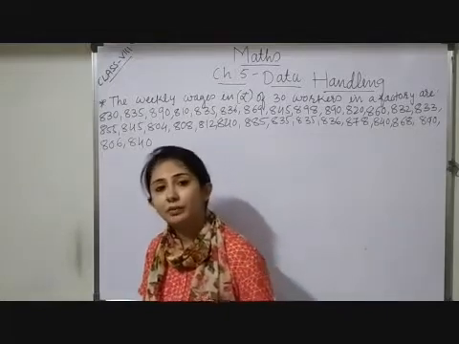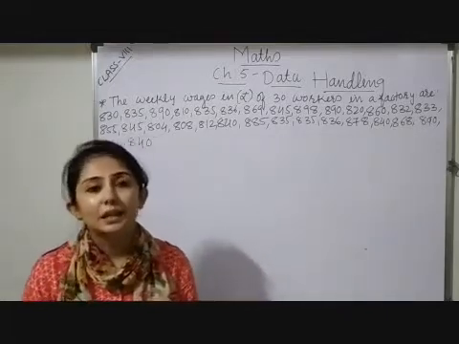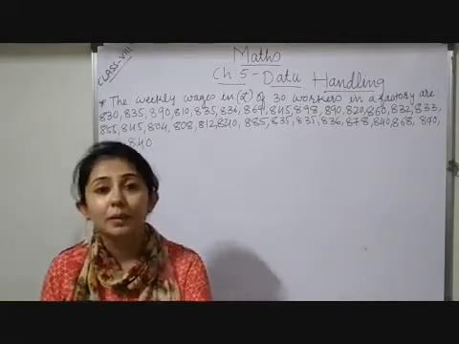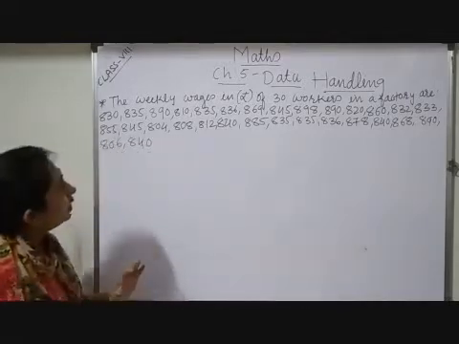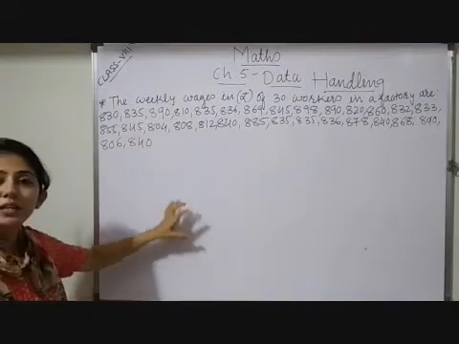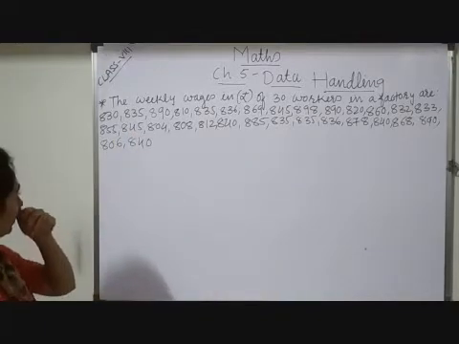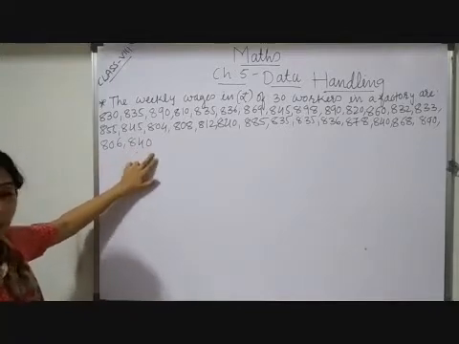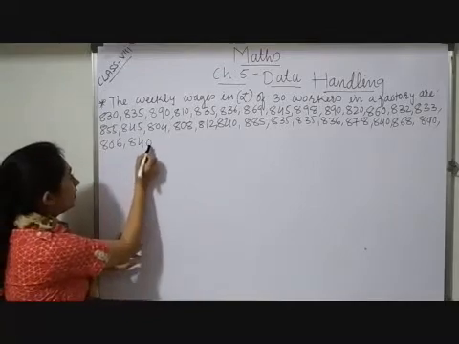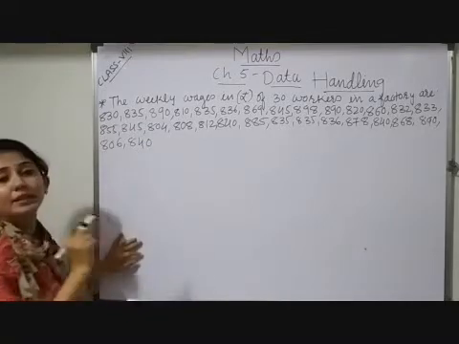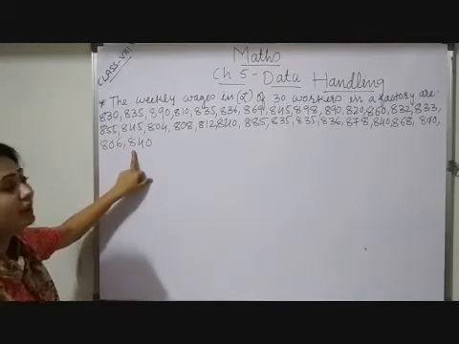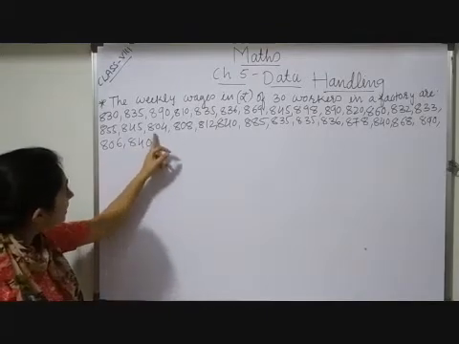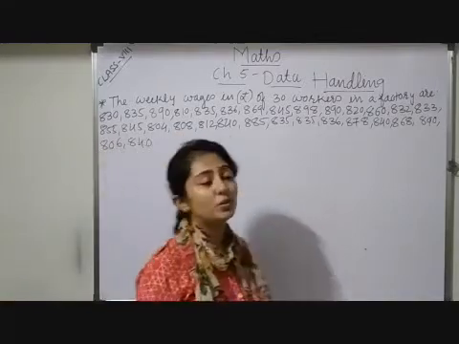As I told you in a previous video, to represent information on a histogram, I want data in a grouped manner. So first of all, this raw data I have to arrange in a tabular manner. How will I do it? Observe. Here it is a 3-digit number. Observe the units place, tens place and hundreds place. Your hundreds place number is 8 in all observations. Now only the last 2 digits change.